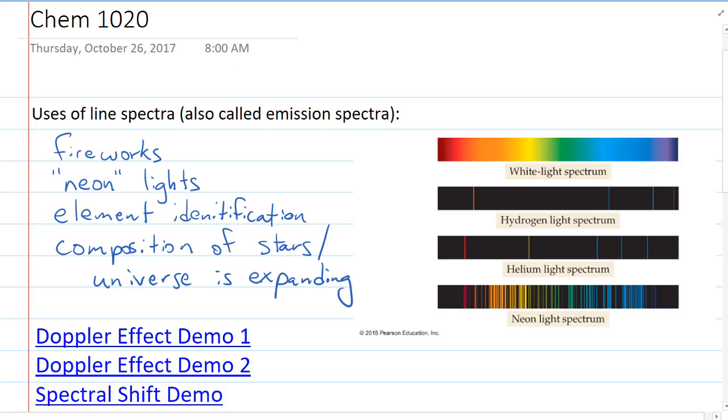We did then talk about some uses of the line spectra. These were some of them that we listed at the end of the hour. I don't think we wrote them down. One of the things that we failed to mention here at the end was somebody did talk about the composition of the stars, which is correct. But another thing that scientists know is that the universe is expanding, and it comes through the observation of what's